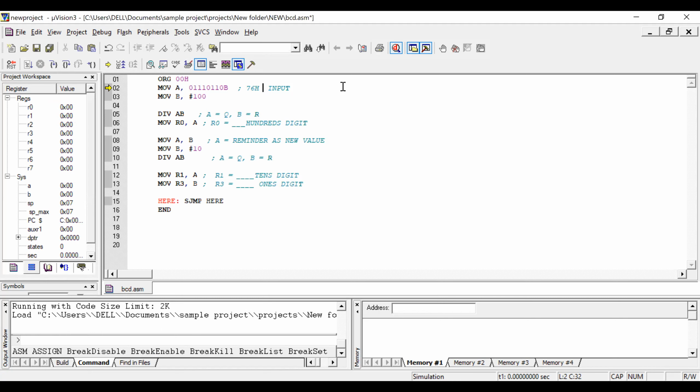The equivalent output is 118. Okay, now you tell me. So I'm going to run now. Okay.